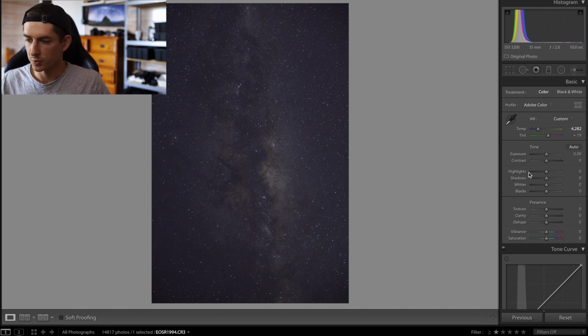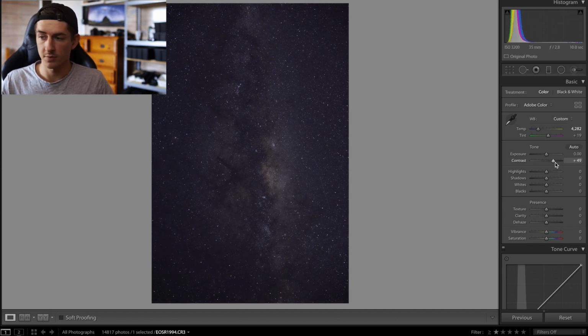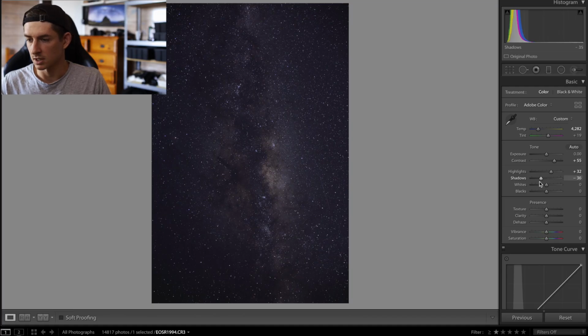Okay, now we're going to need to bring out a lot of the detail, a lot of the contrast in this photo. So I'm going to start by boosting up the contrast a little bit here and lift up the highlights just to try and separate the highlights, which are the stars, from the shadows, which is all the space in between. I'm going to drop the shadows just a little bit,